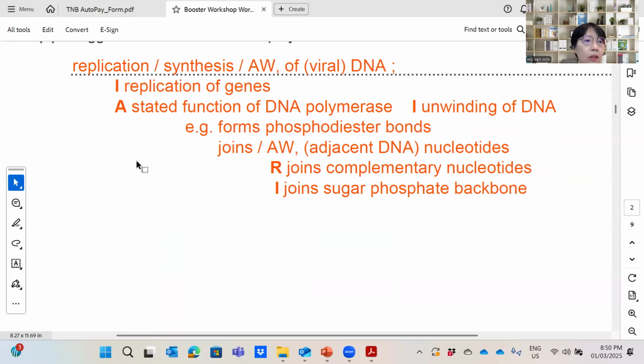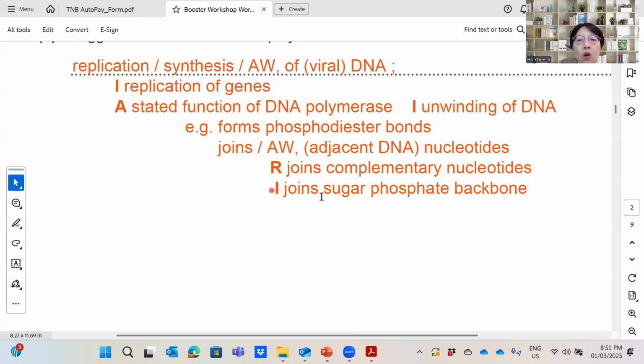So you see the answer here, they accept the function of DNA polymerase, which is to form phosphodiester bonds, because it causes the free nucleotide to join to the existing polynucleotide strand, okay? Reject joins complementary nucleotides. So the main function of the enzyme is not to join the complementary nucleotides, because complementary nucleotides actually can join by themselves. Complementary nucleotides can join by themselves, okay? So this DNA polymerase is to allow, after nucleotides form complementary base pairs, the nucleotide to form phosphodiester